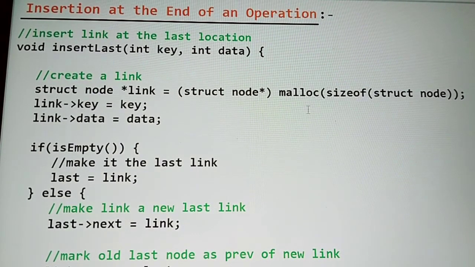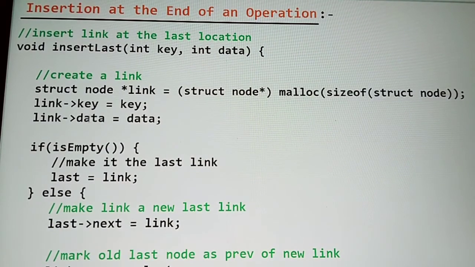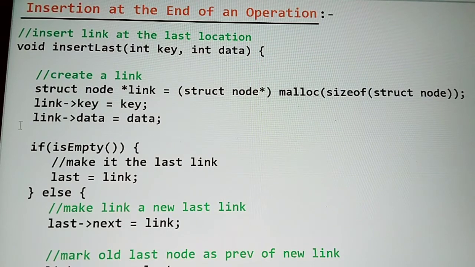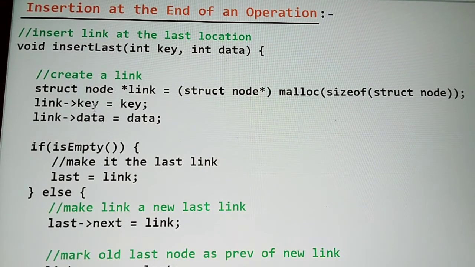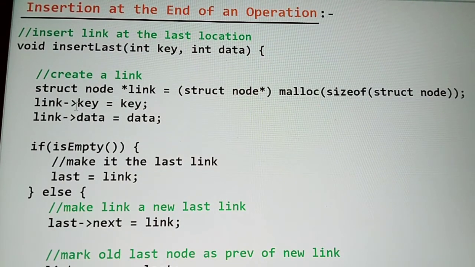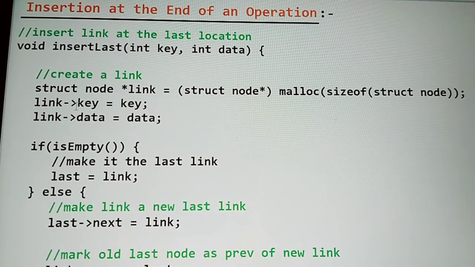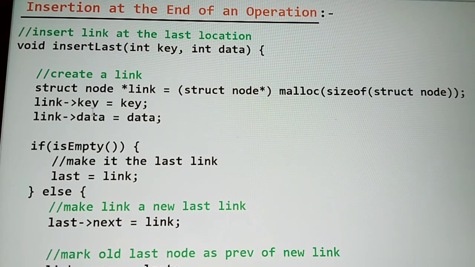Malloc is used for a fixed size of data. Then link key is equal to key, and link data is equal to data. In my previous code I said that a linked list has two parts, key and data. The key part contains the location of the next data.